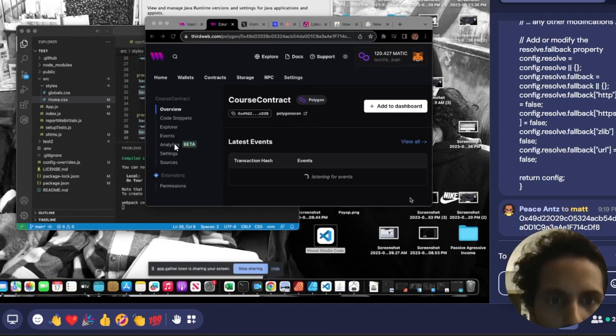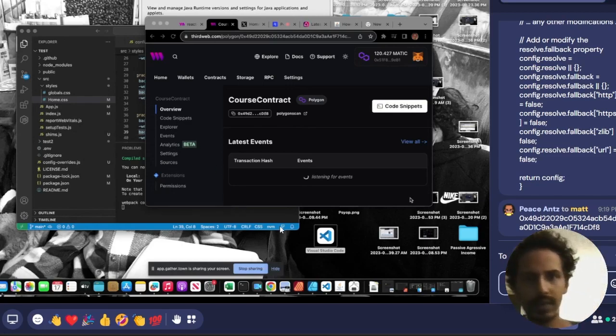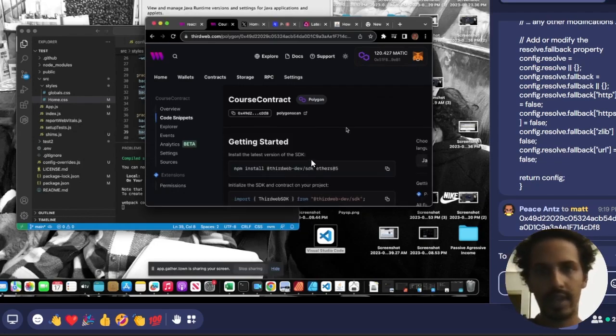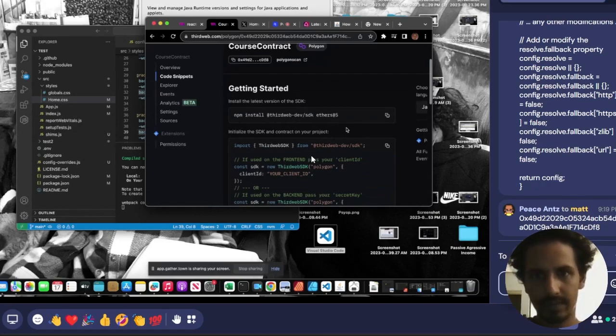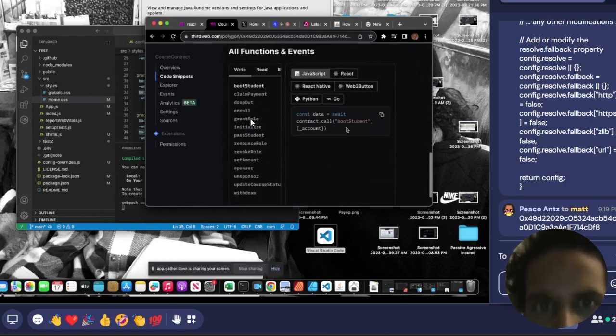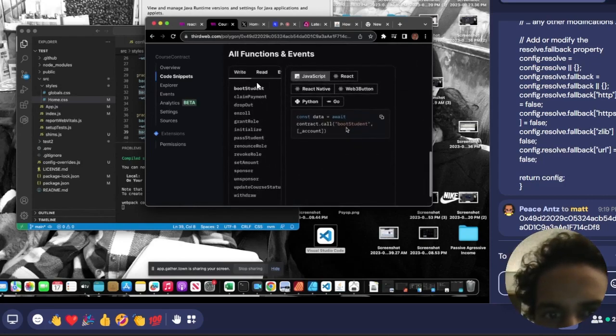You're in. So now you can go to code snippets, and if you scroll down, this has all the different code you need to put it on your front end.